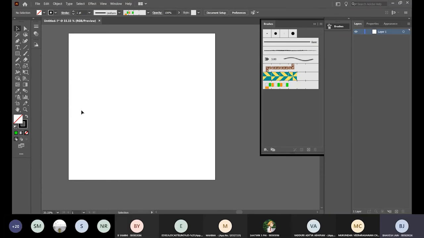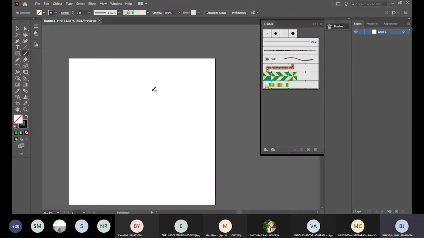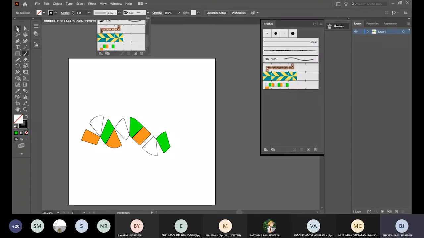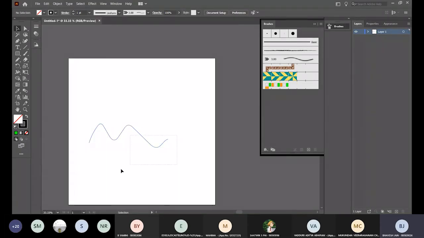Now, if I sit and start explaining, the entire session is going to go in brushes only. And yep, so that's the thing with brushes. Again, the same function as the pencil tool, operation and all the same. You draw with a brush, you can anytime change it, but make sure you have it selected. So I'll select it first, then I'll change the brush. I'll change it to basic for now. Okay. So any doubts with brushes?